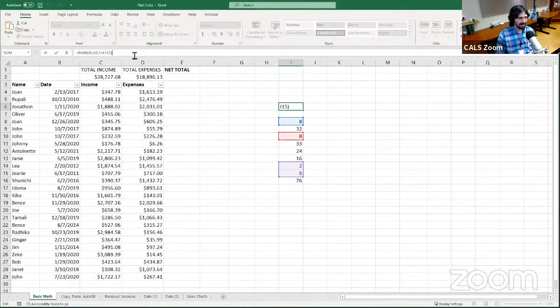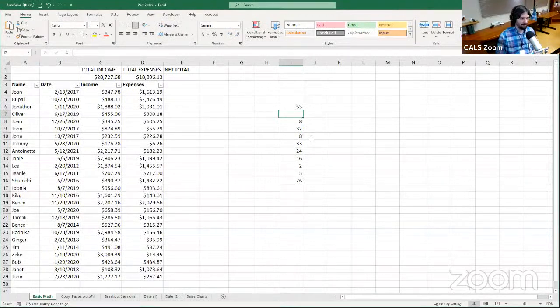So I've got all of these added together. I'm going to click up here in the formula bar and change this formula. I'll backspace that last parenthesis and add a comma. So this is going to be argument number 4. Then I'm going to put a negative sign right here, a little minus sign, and then I16, which is where the 76 lives. When I close my parentheses and press enter,